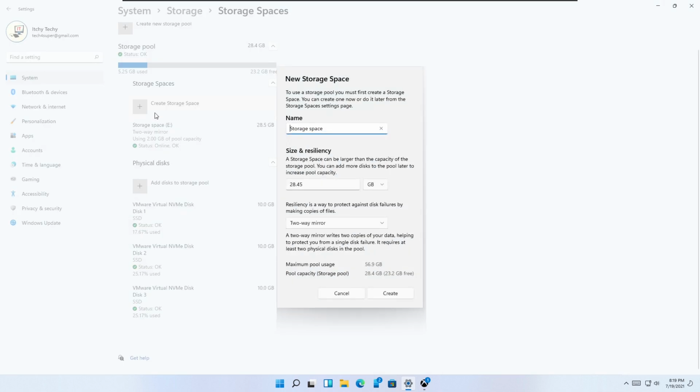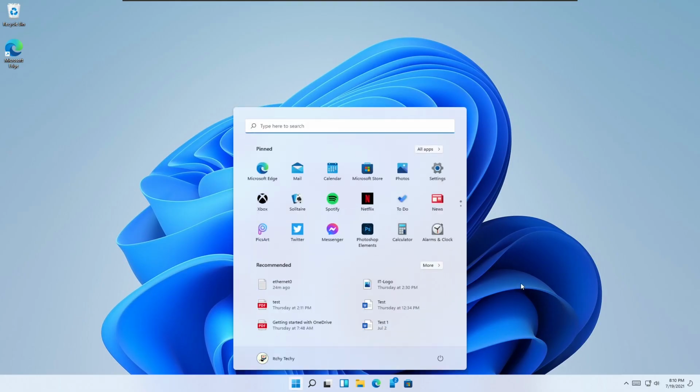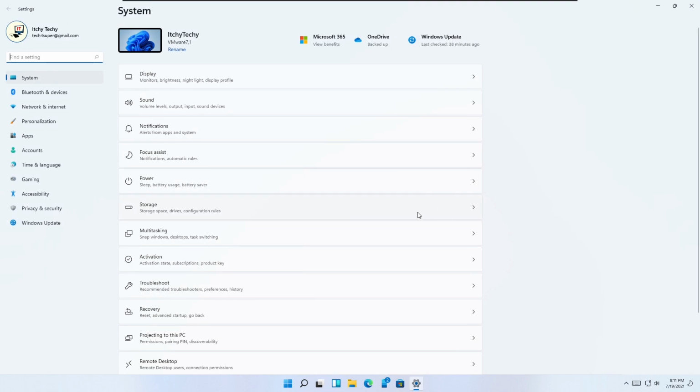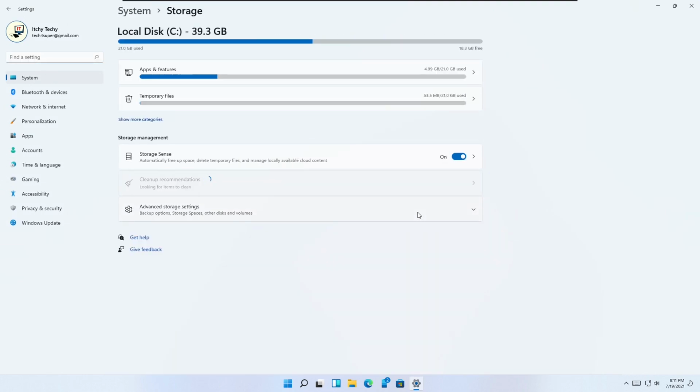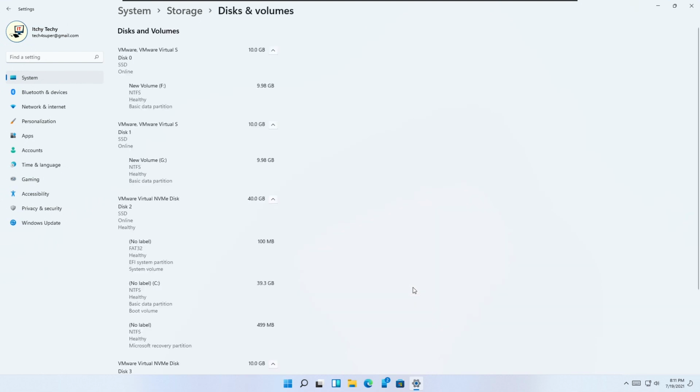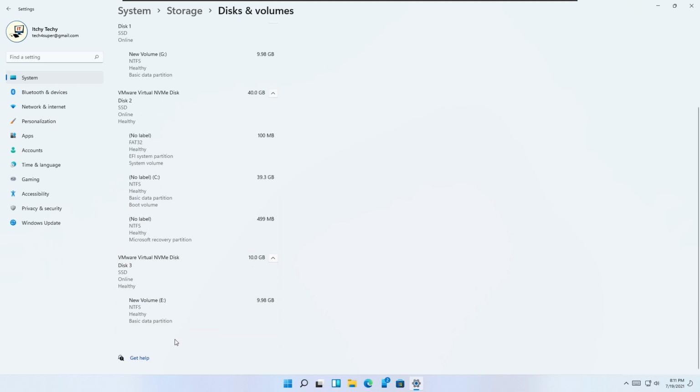You can see the physical disks used to create the storage space. And you can create new storage spaces. Disks and volumes.